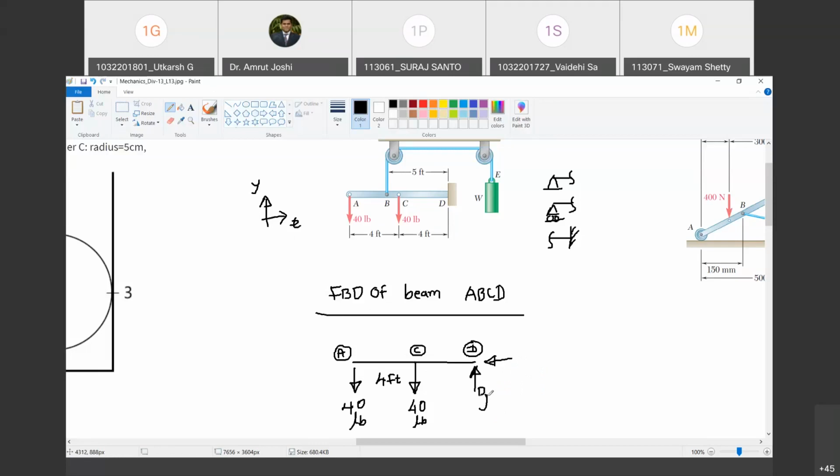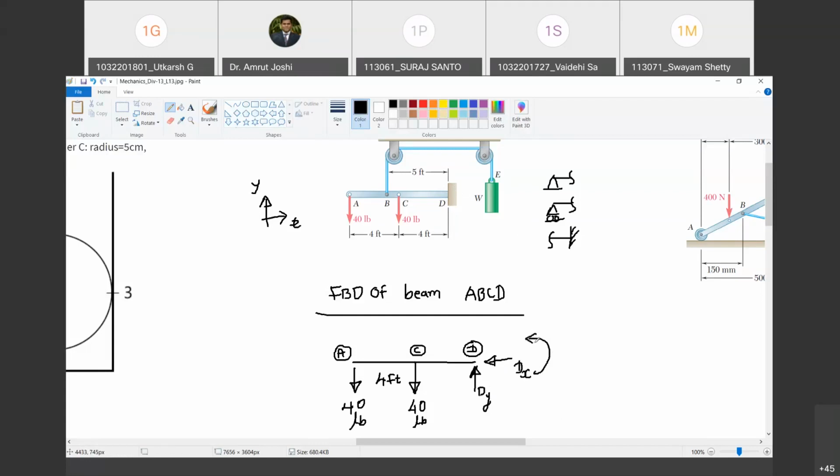So vertical force reaction, reaction along Y and reaction along X. Happy? Got it. Are you with me? Yes. Now, if you try to rotate this beam about Z axis, is it possible? No. So there has to be a moment reaction as well. Do you agree with me? Yes.